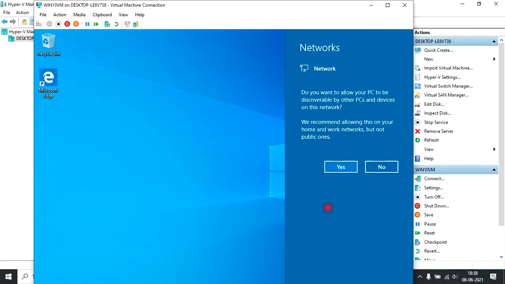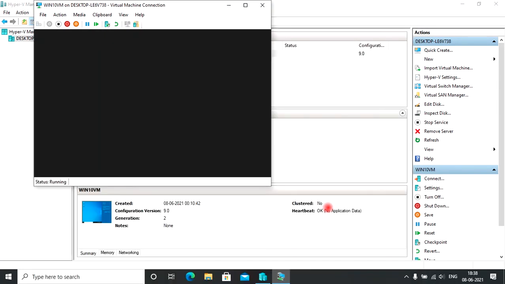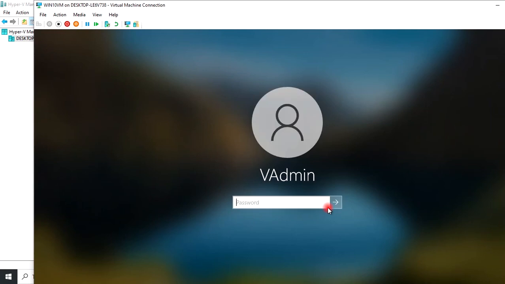Connect. It will reset the resolution of the virtual machine. I will provide the password for the vadmin.